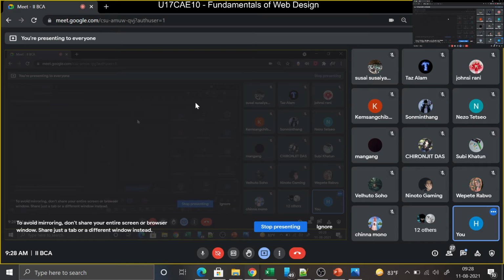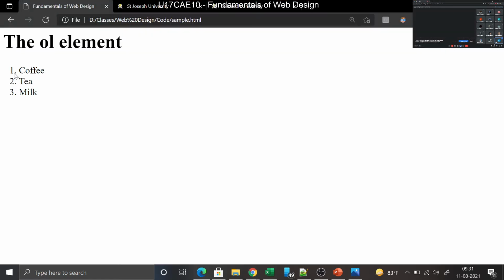Okay. So suppose I don't want to start from number 1. What will I do? Suppose, say for example, I want to start from number 50 onwards. So what will you do? Can anyone tell? If I use OL and LI, it will start numbering from number 1 onwards, right? So if I want to change the characteristic of this particular tag and make it start numbering from number 50, for instance, what should I do? UL tag? No. What is the technical term?